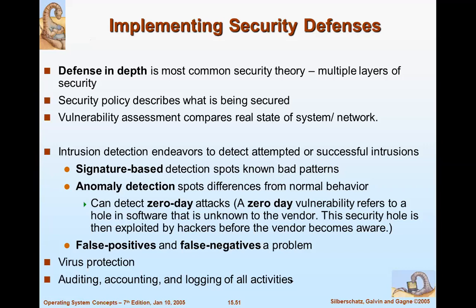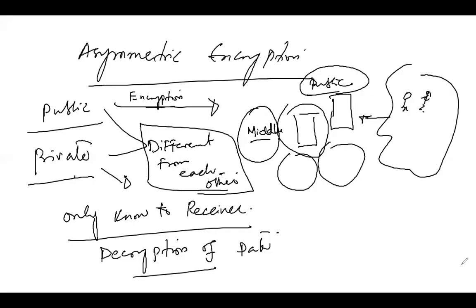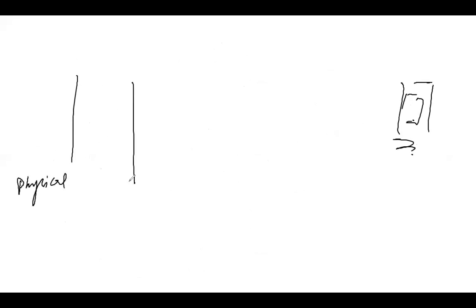Defense in depth is the most common security theory, and it means that you have security at multiple layers. The main important thing here is that you are creating a buffer zone between users. You can see here, for example, this is your server room, and you have multi-level security. Number one is the physical security, as we discussed, then the human security, then after that the software security.